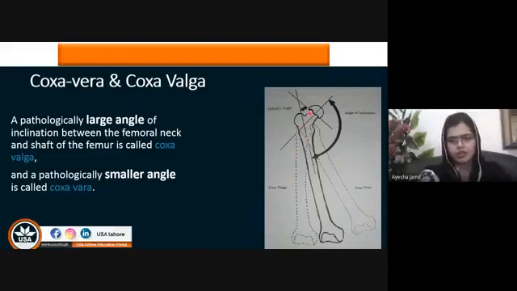And the other condition, coxa valga, you can see over here, this is the normal head and neck, and if coxa valga is seen, the neck shaft angle will be greater than 125 or 130 degrees. The lower end of the femur will move laterally. This is the normal inclination, and it will move lateral to this normal inclination. So if the bone moves away from the midline, that condition is known as valga. In this case, this is known as coxa valga. So whenever there is congenital malalignment of the bone, you can see that there will be leg length discrepancy.